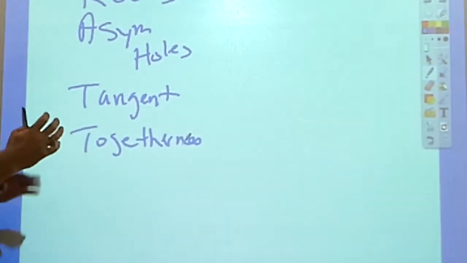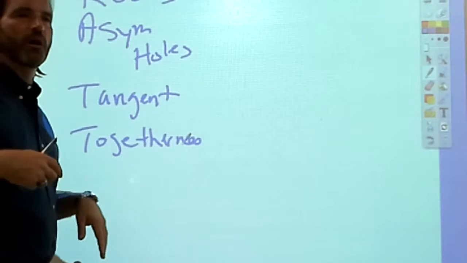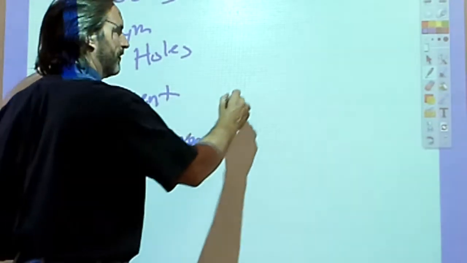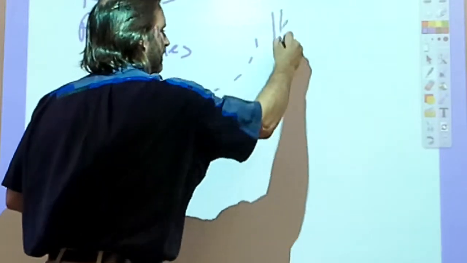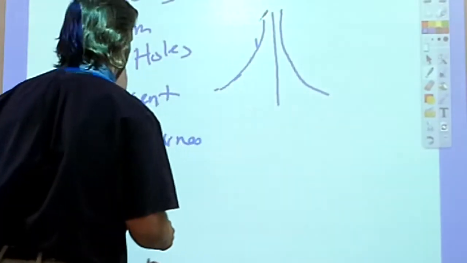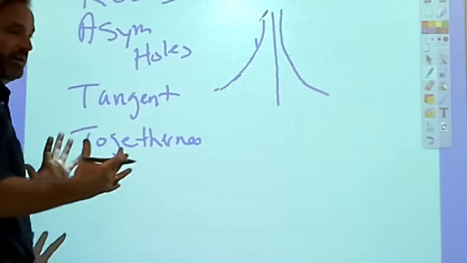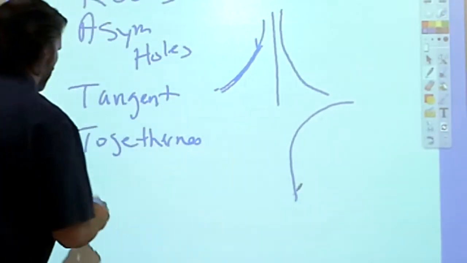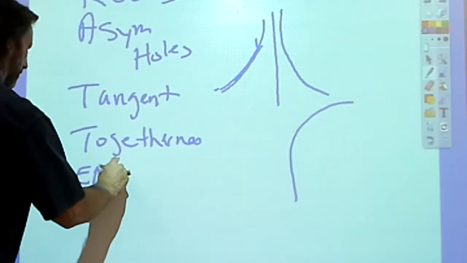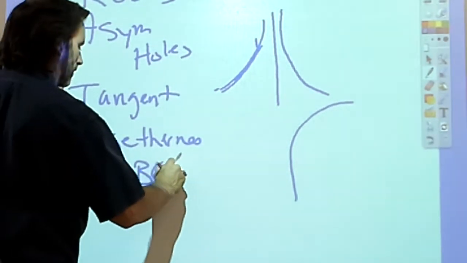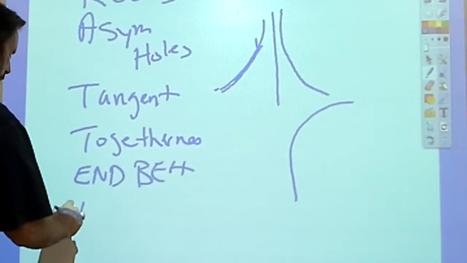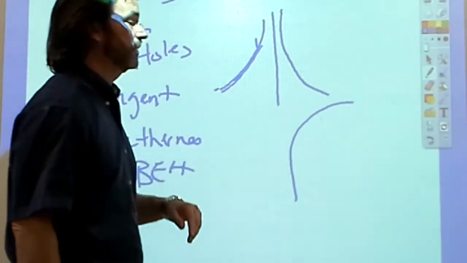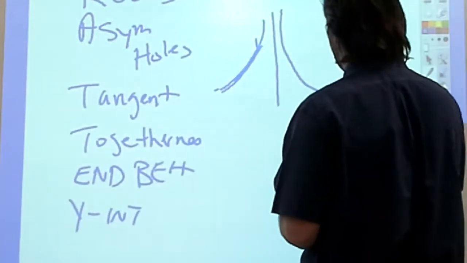Okay, if the factors in the denominator cause a vertical asymptote, if they're an even power, the graph will move together like so. Okay, and be together. If they're an odd factor, then they move opposite. Okay, togetherness in behavior, and finally, y-intercept. That helps you out a lot. Okay? All right? Remember,